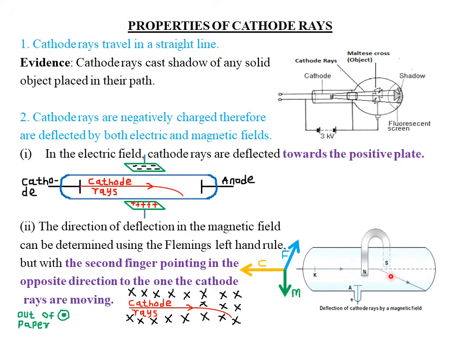So you can just use the left hand, Fleming's left hand rule, only to remember that the second finger should point in a direction opposite to the direction of the cathode rays. The reason being, the cathode rays travel in a direction opposite to the direction of the current, and the second finger is supposed to point in the direction of the current. So you can see that the deflection is downwards. That is where our motion, or our thumb, is